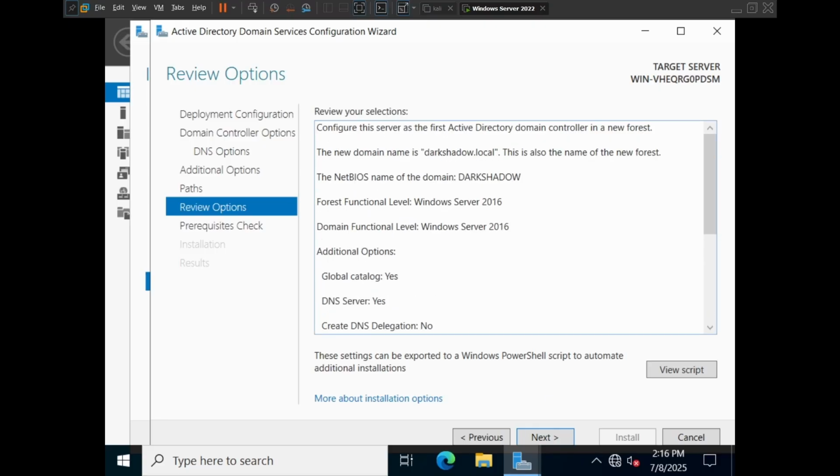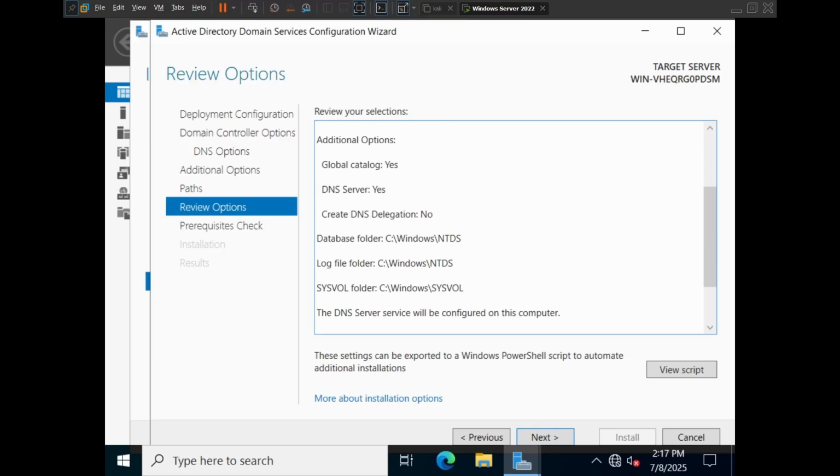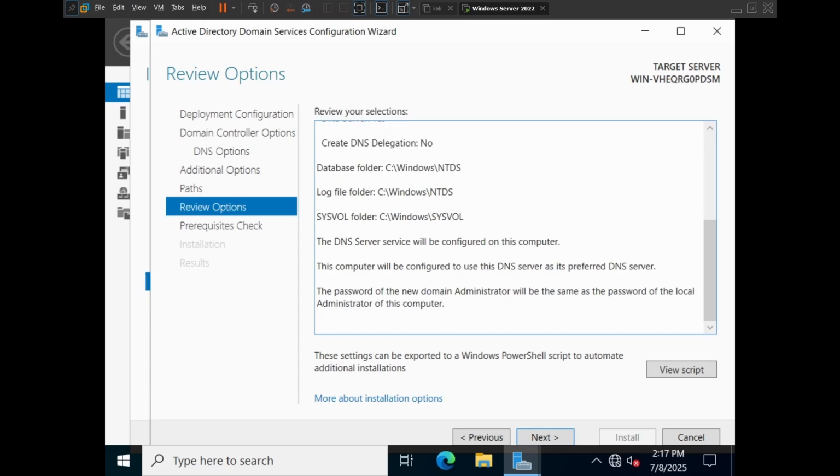Okay, darkshadow.local. This is the new domain name that we are creating. This is the NetBIOS name, and the forest functionality level is Windows Server 2016. Okay, obviously we are using the free version, so what do we expect? Now yes, I'm happy with this. Make sure that you remember the password, guys. Okay, let's click on next,